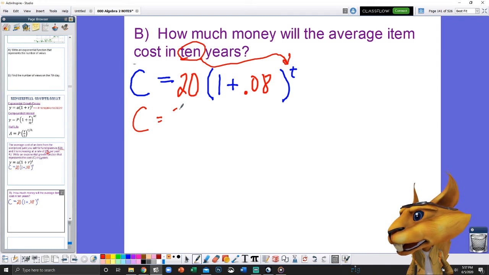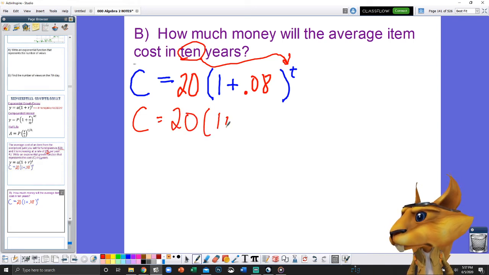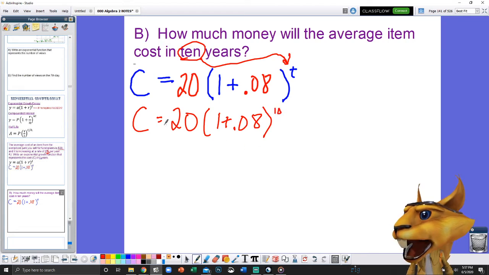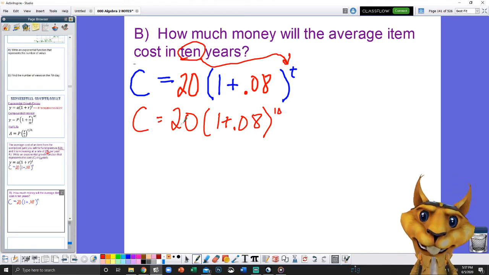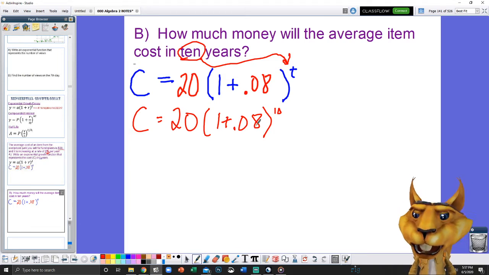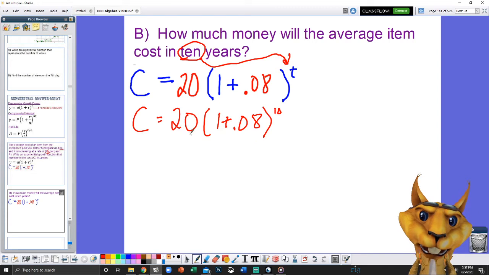So just rewrite everything and put a 10 right there for the t. Now because it's all set up for you on one side of the equal sign, there's no numbers on the left side, it's just c equals, you could type the whole thing on your calculator. And I do mean the whole thing, just like we did with graphing in that previous unit. So what I want you to do is turn on your calculator, press 20 parentheses 1 plus 0.08 parentheses, and